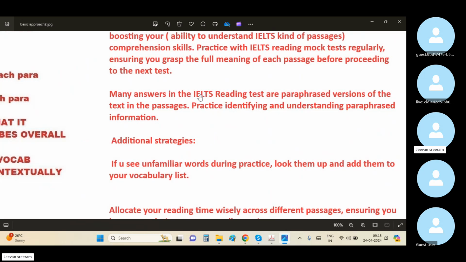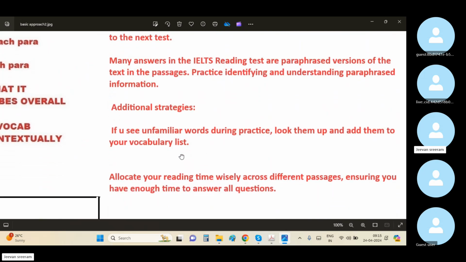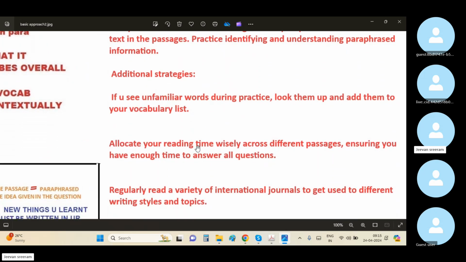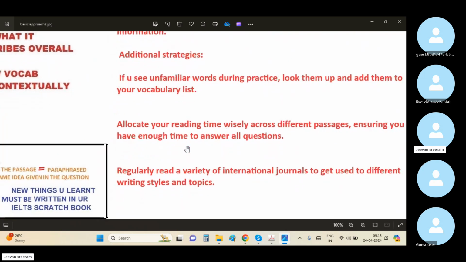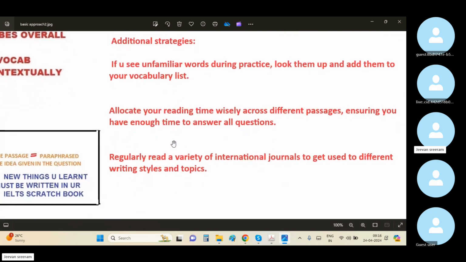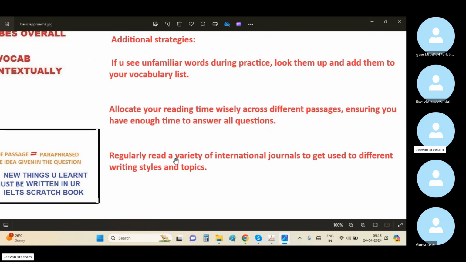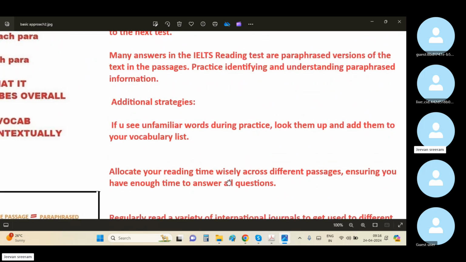So many answers in the IELTS reading test are paraphrased versions of the text. That's what I mentioned: the entire IELTS reading is all about detecting the paraphrases. Practice identifying and understanding paraphrased information. You have to note down new vocabulary, and you should be careful about time management. You should also have a habit of reading international journals. These are additional strategies, but you must always